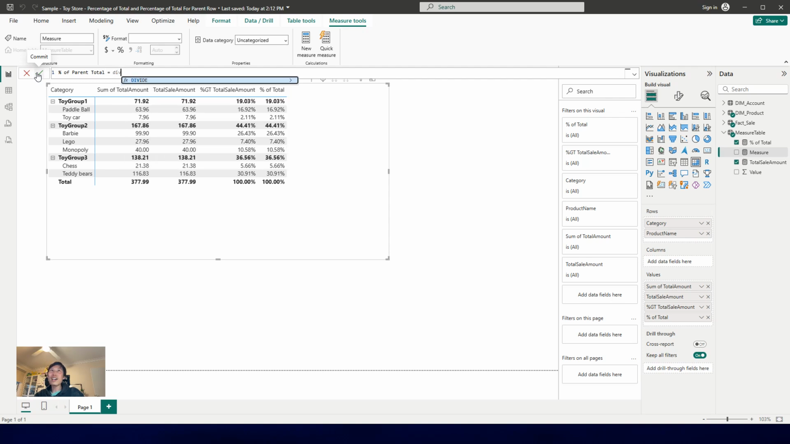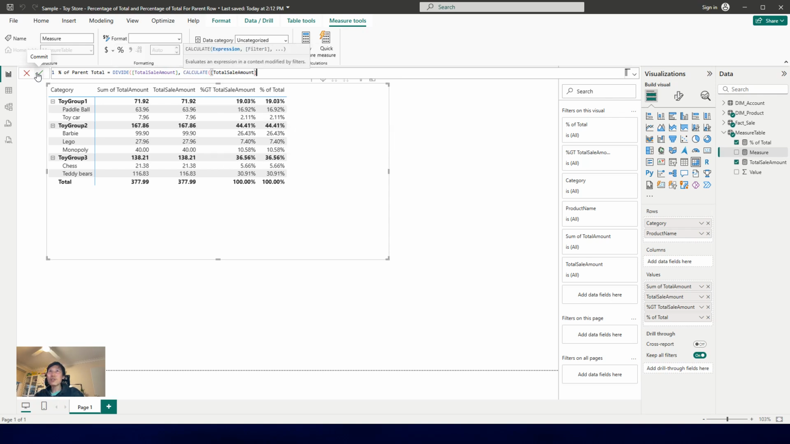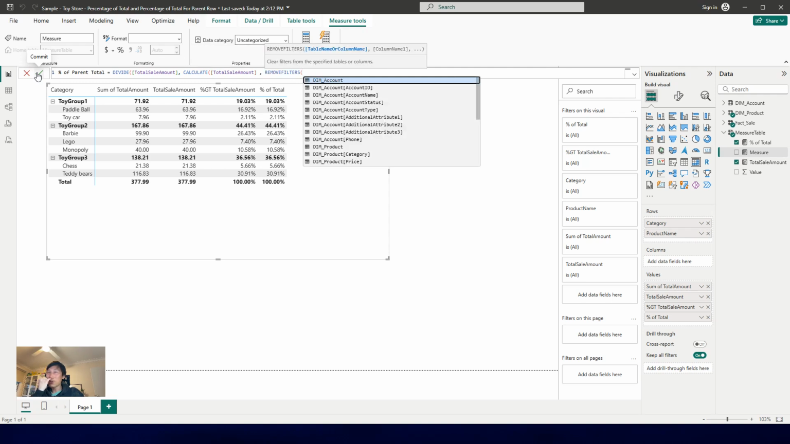And again, it will be divide the total sale amount. Then we calculate against total sale amount. So now we need to use a syntax called REMOVEFILTERS. In the bracket, we want to remove all the filters under the category. For example, if we want to calculate the percentage of parent total for toy group 1, then we have to ignore the